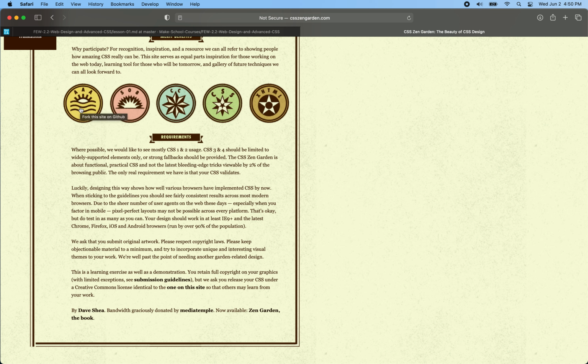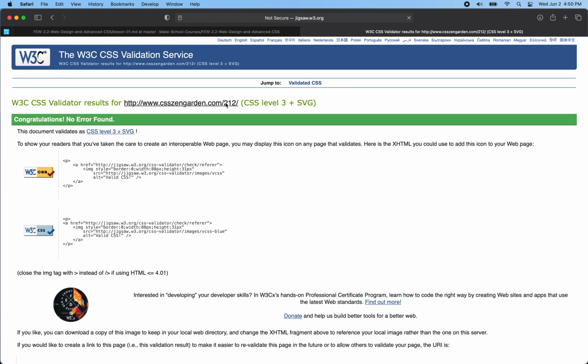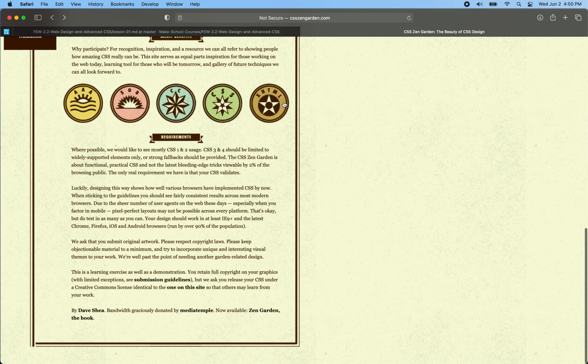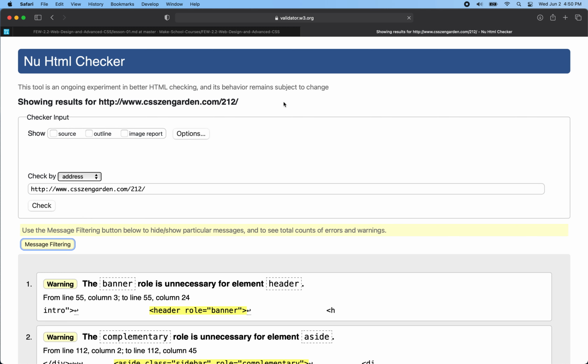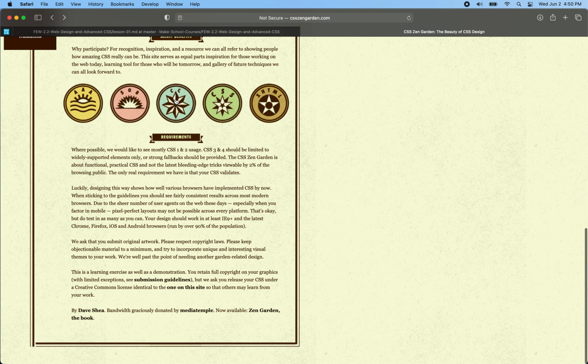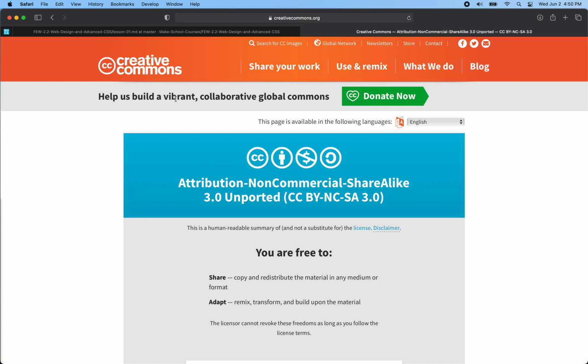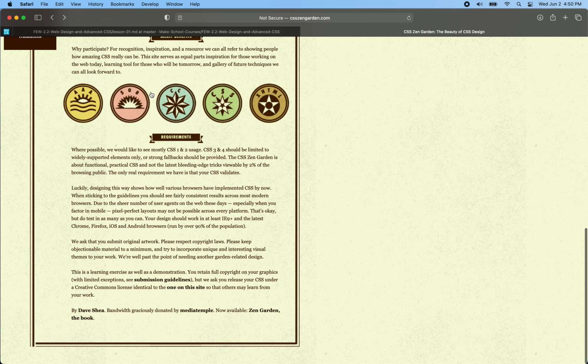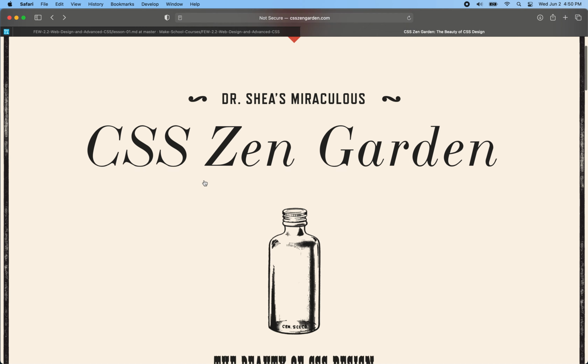And people are doing a lot of creative stuff. Like these are actually those buttons, right? So you can see these are the icon, or they look like icons here, right? So here's the CSS validator. Here's the HTML validator, right? I forget what this link is, right? Creative Commons license. So these links, actually, if I go to,